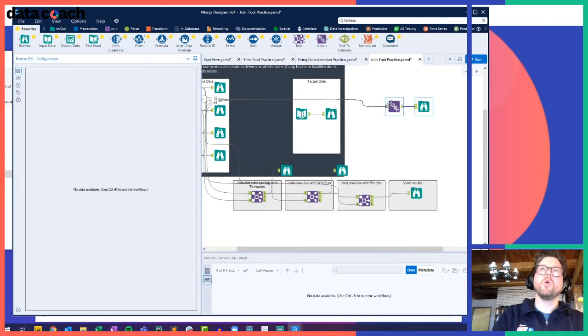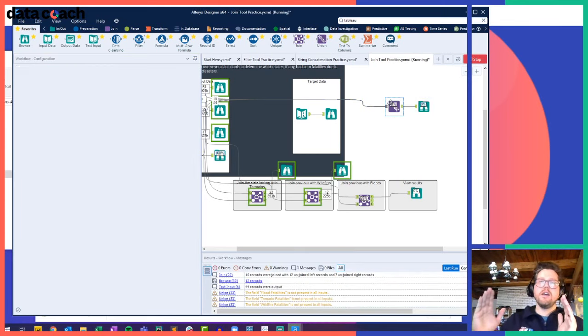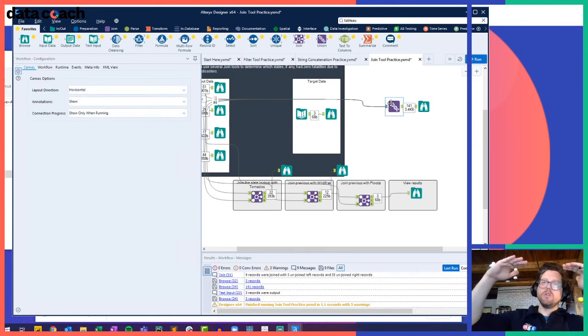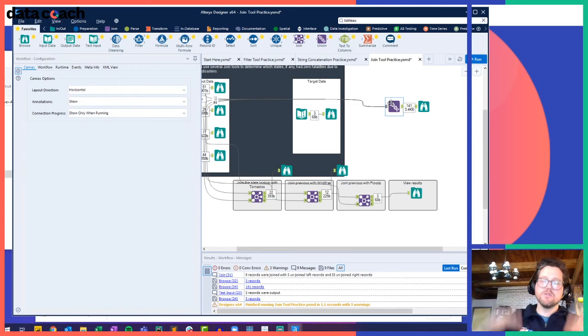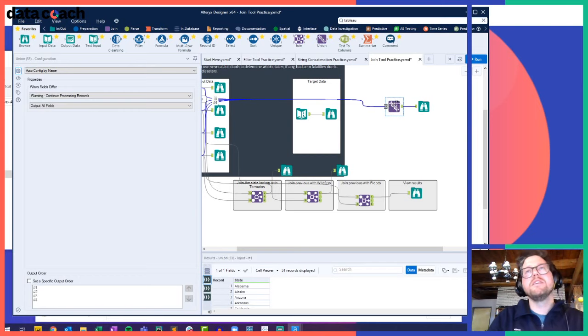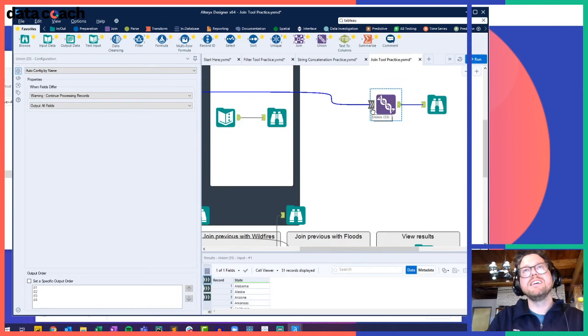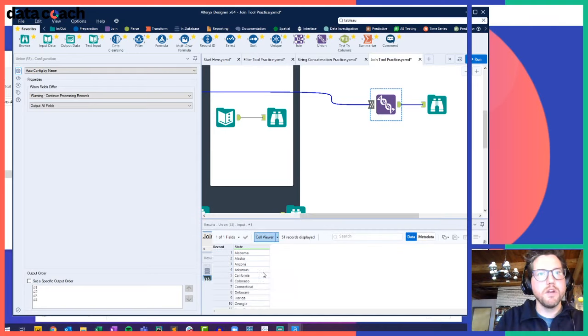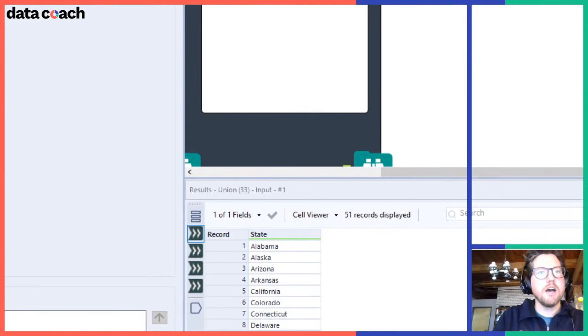So as opposed to a join building out to the right and enriching your data, a union tool is building your data set down. So it's stacking data on top of itself, okay? So we'll see that this indicator here is not green. That's because it can intake multiple streams into the same tool. So you'll see down here in the results window, we actually have 1, 2, 3, 4 data sets coming into